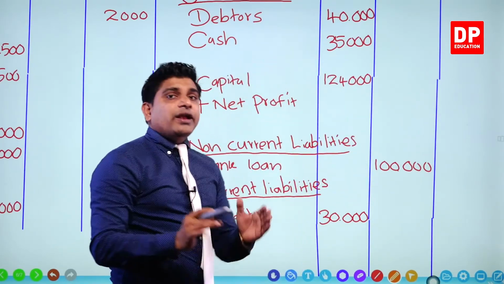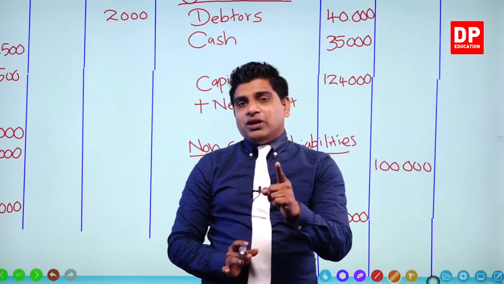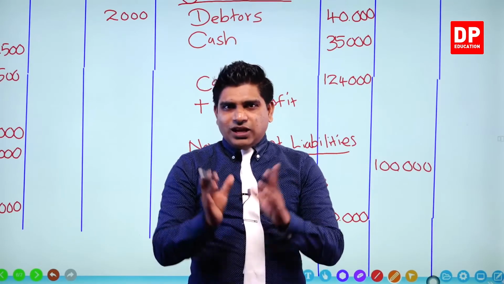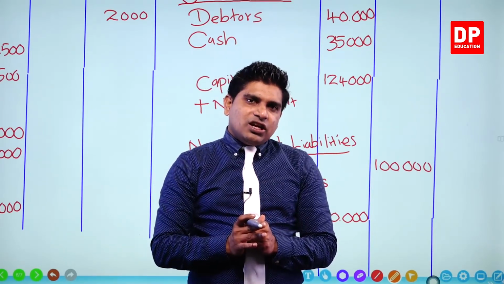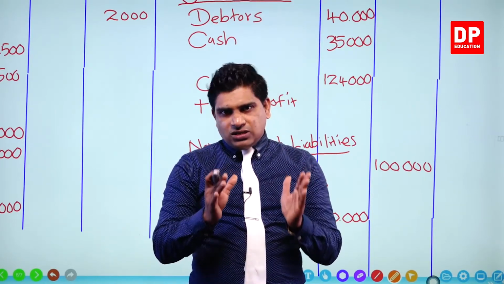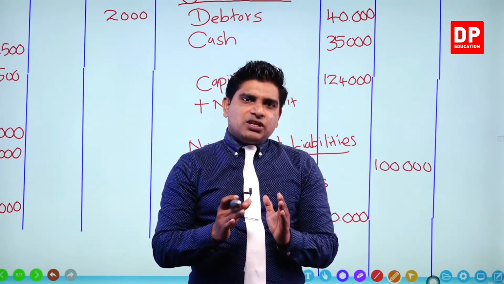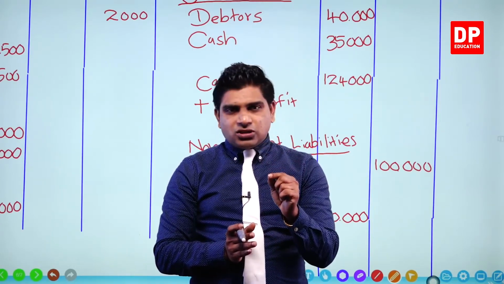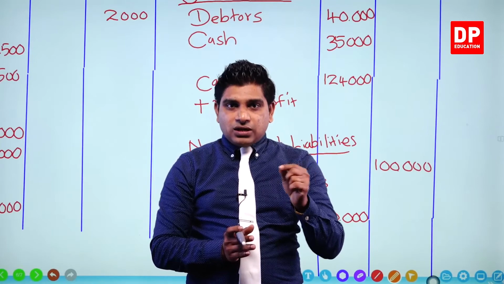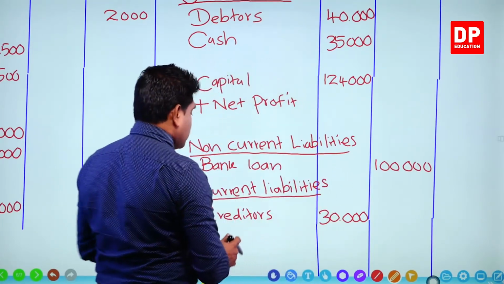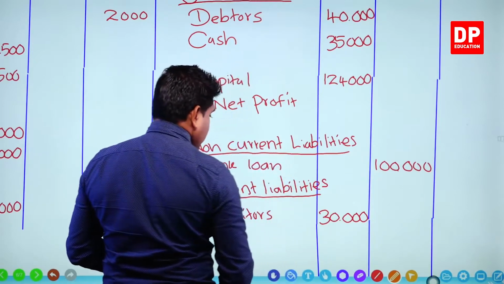Okay, now we entered all the details, but you remember we have one more thing. What is that? It is closing stock. You can see under the additional information, in the previous questions we didn't meet closing stock, but in this question you can see the closing stock. It goes two places. One place is to calculate cost of sales, the other place is under the current assets, right? It is 22,000. Don't forget to record it, right?